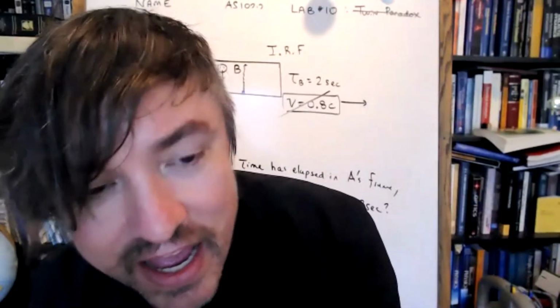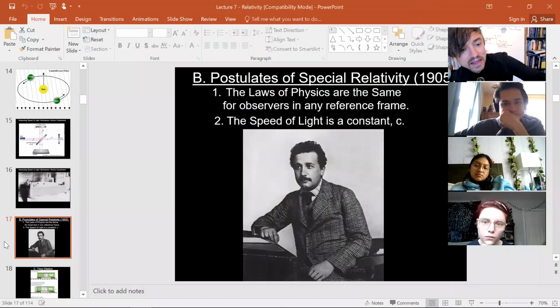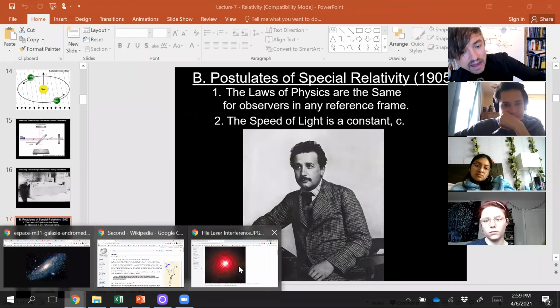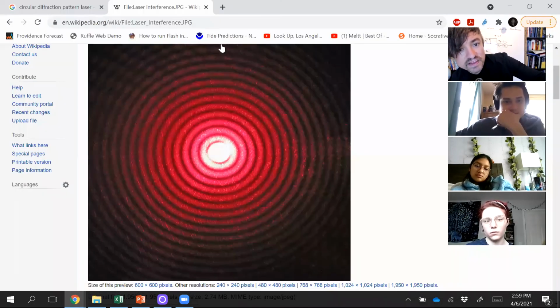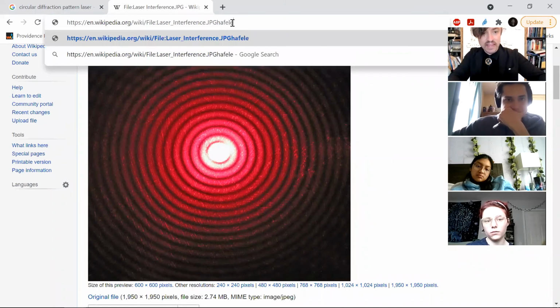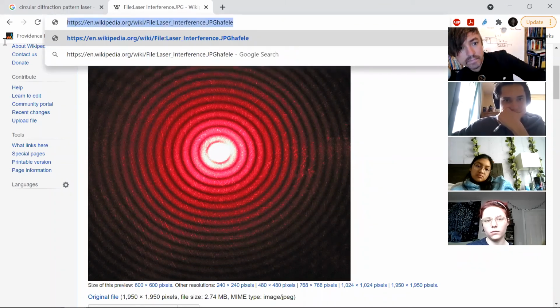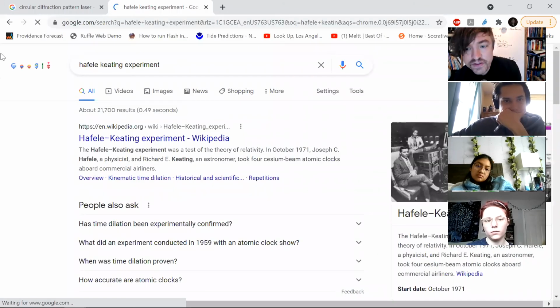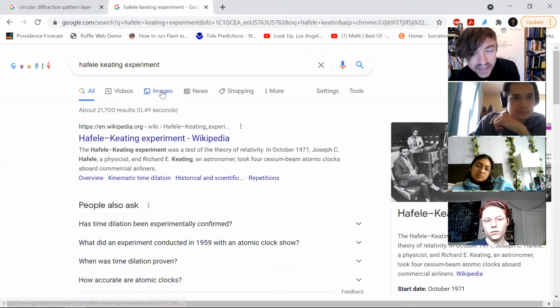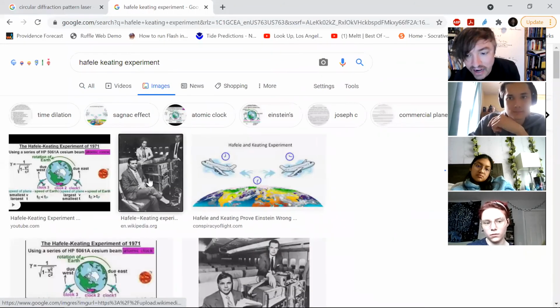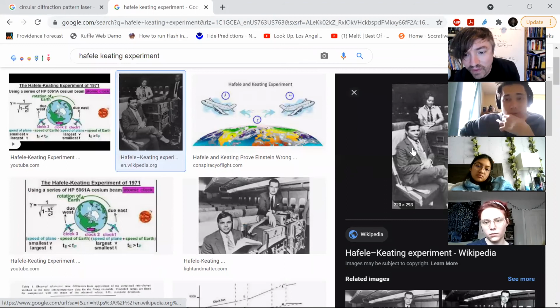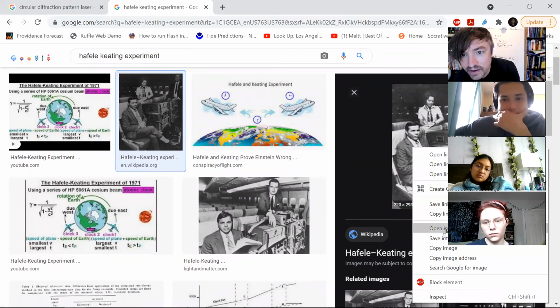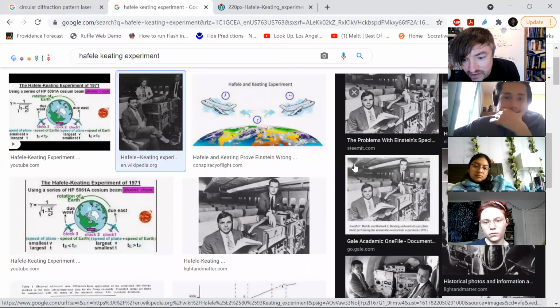In fact, there's a legendary picture of the Hafele-Keating experiment, and you really have to take your mind back to the 1960s here, that kind of Mad Men era. And this will be the last point I make before we stop. If you look up the Hafele-Keating experiment on the internet, there's a legendary picture from Life magazine where they did an article about it. Unfortunately, the only picture that survives, the one that I like, is super low resolution. But I'm going to show it to you anyways, because it's just so classic.